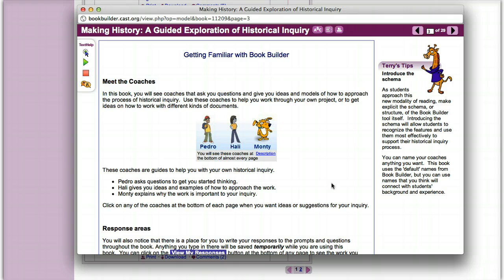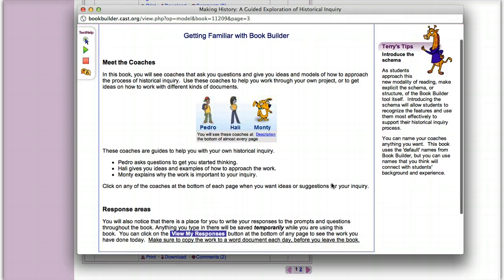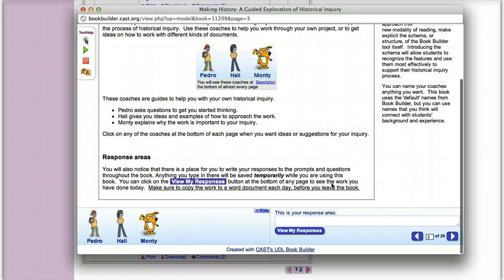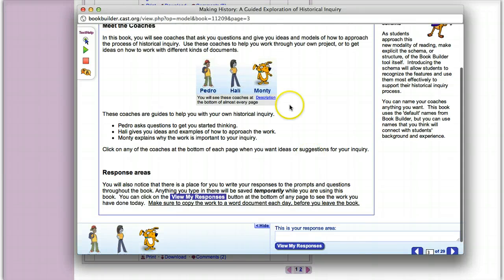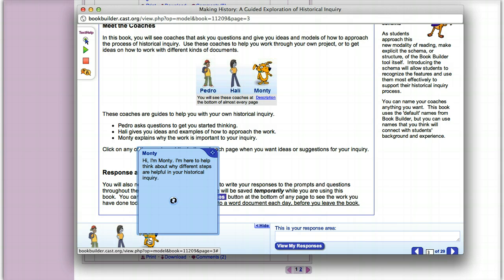This begins the story, and in this particular story, it just tells you about getting familiar with Bookbuilder. And these are the learning coaches I mentioned, and there's more than 3. So when you go through to make your book, you'll see more. And what happens with the coaches is that you get to type some text in that'll help the reader along. So for example, if you were doing a story and you were talking about cause and effect, you may type in the definition of cause and effect, and when the student clicks on this particular character, that character will pop up. So I'll double click on this character,